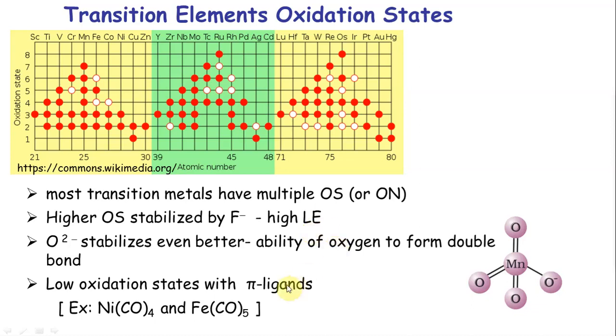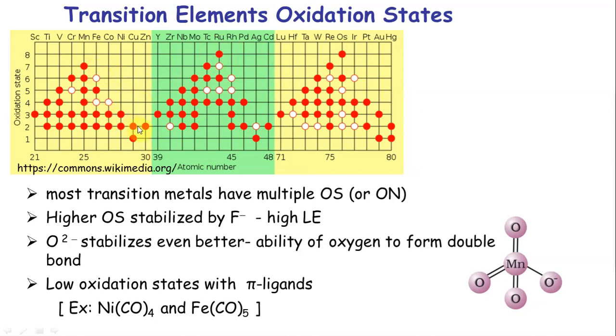Oxidation numbers. What are the common oxidation numbers? If you see here, all of them are triangle shaped, meaning these are the 3D elements. Triangle shape means the one in the center has the highest number of oxidation numbers, manganese. Here it's ruthenium, here it is osmium. Osmium is +8, the highest that is possible. +7 is possible for ruthenium, technetium and manganese. You just need to know a couple of them.